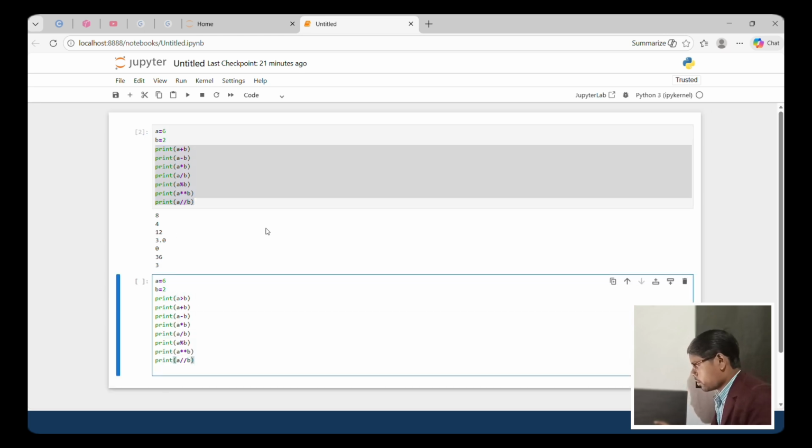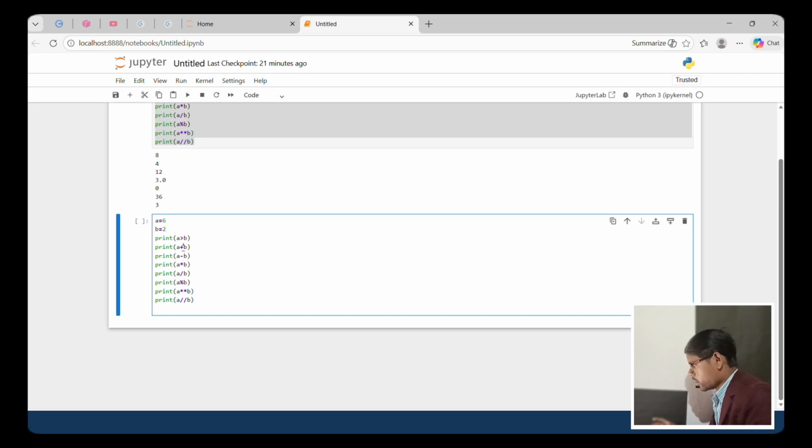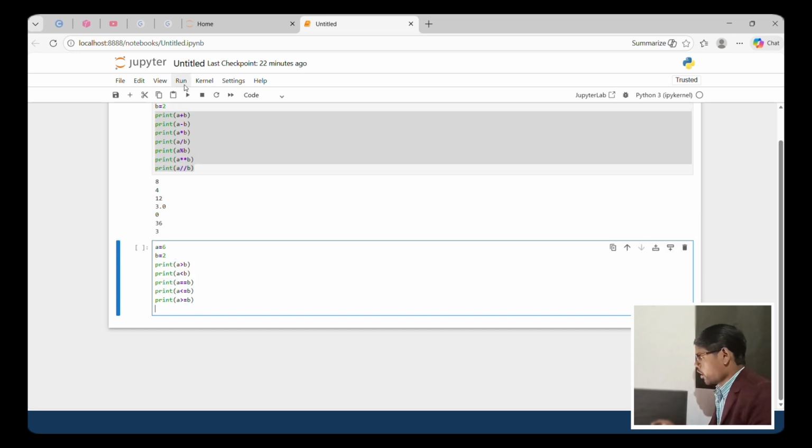and change signs. Okay, equal to, it gives true and false values. Okay, and is equal to, greater than or equal to. Okay, and delete and run, check.